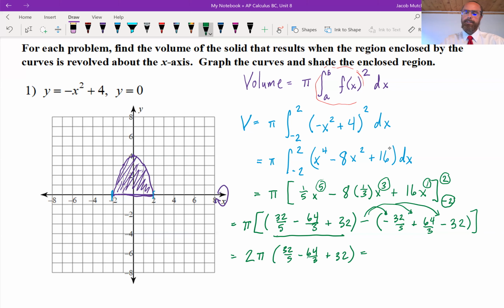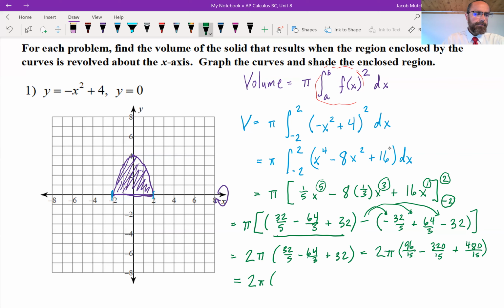I see I've got a least common denominator of 15. So the way that I'm going to scale that is multiplying 32 by 3. That's 96 over 15. And then for 64 over 3, I need to multiply by 5. So 64 times 5 is 320, also now over 15. And then 32, I need to multiply by 15. So that's a large value, 480 over 15. And that gives me occasion to add those 3 fractions. So 96 minus 320 plus 480 is going to give us